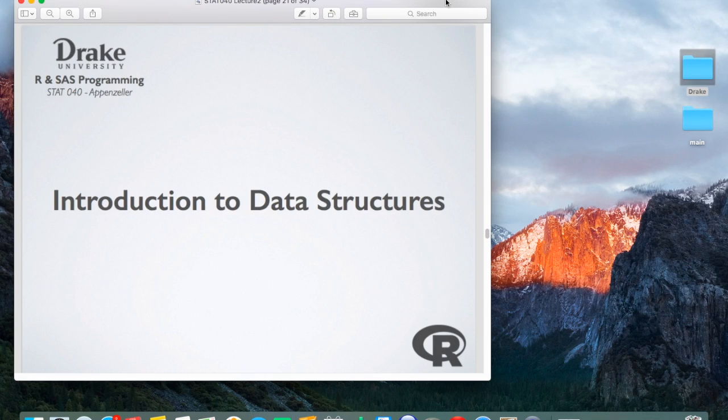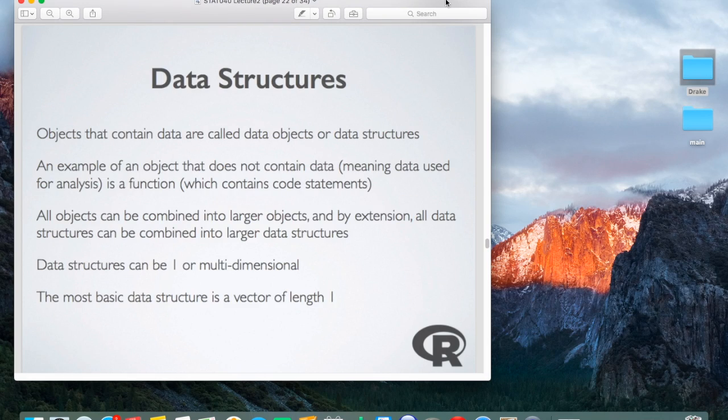Introduction to data structures. So a data structure is just an object. We were saying everything in R is an object. You can think of everything as an object, but some of those objects contain data. Some of them, like functions, contain data too, right? A function contains code and metadata about the function, like the parameters that are available and stuff like that. But